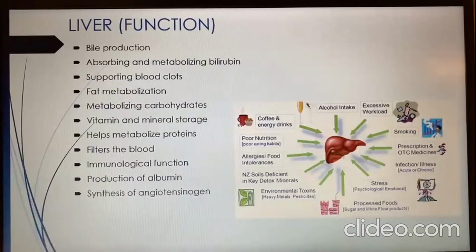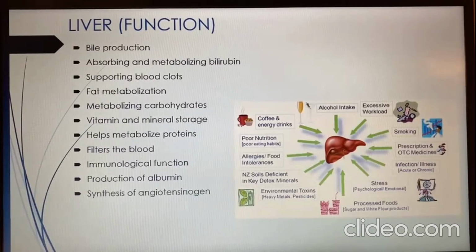The liver has many functions. Some of the functions are bile production, absorption and metabolizing bilirubin. For example, if a person has high bilirubin, they have yellow fever, which is also known as jaundice. And the third point is supporting blood clot. The next point is fat metabolization, metabolizing carbohydrate, vitamin and mineral storage, help metabolize proteins, filter the blood, immunological function, production of albumin, and also synthesis of